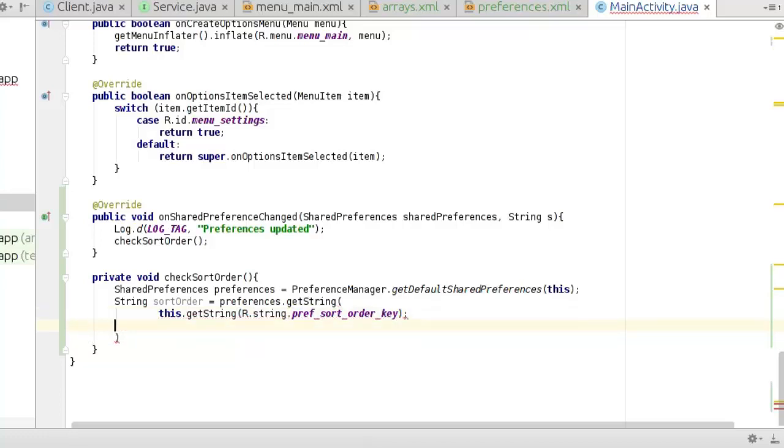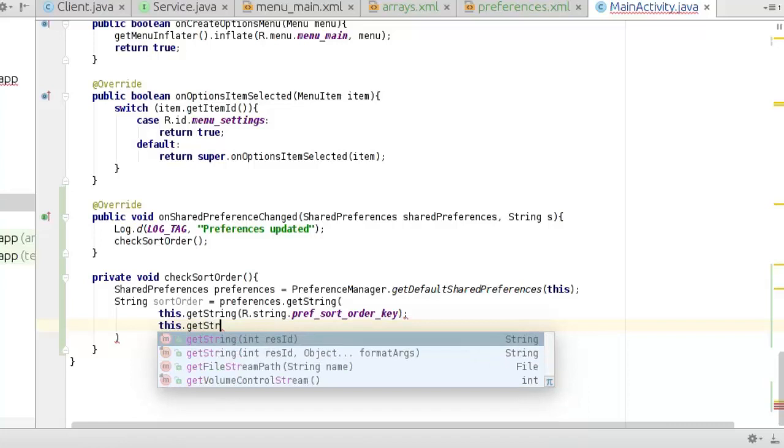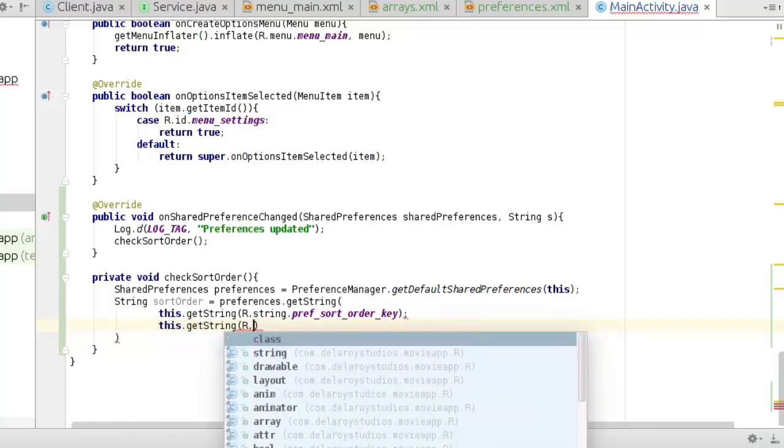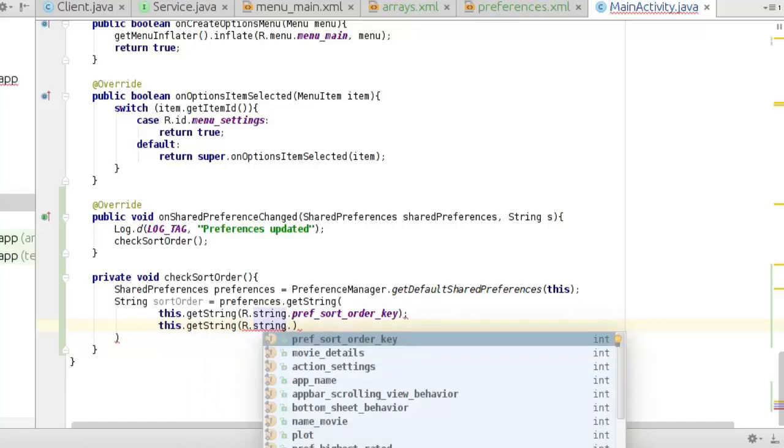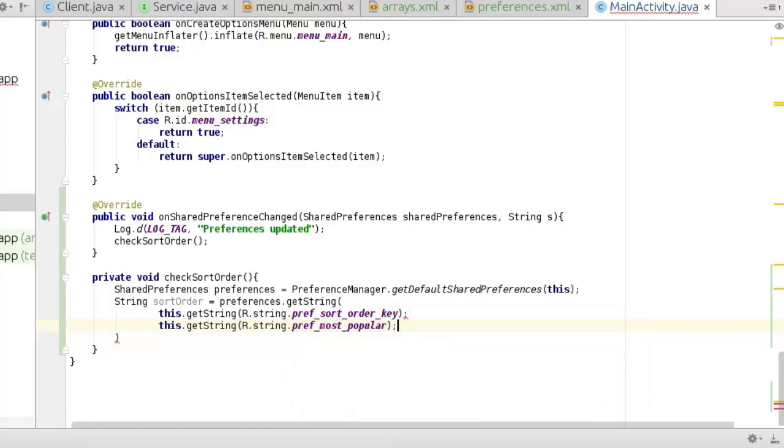Close that right there. Now you still call these for the most popular get string, and the string preference most popular. That's that. So you close that. This should be a comma. You're not closing the statement. It should be empty. You close it over here, and you now test if